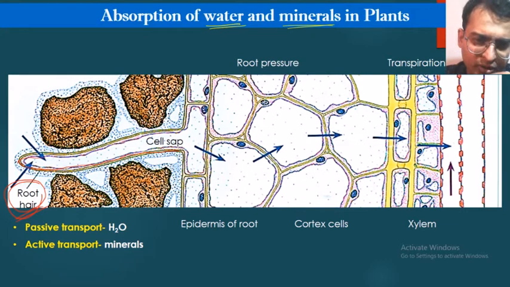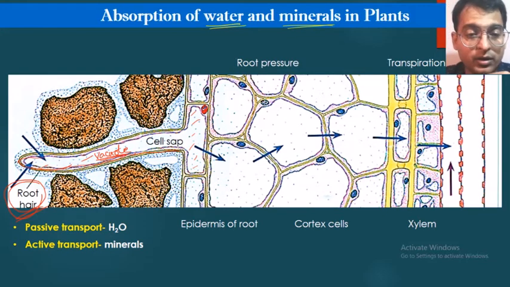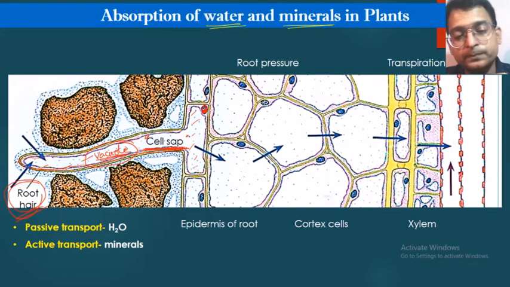You can see the structure of the cell. This is the nucleus, and most of this is covered by, what is this? This is all vacuole. So you must remember the difference between plant cell, animal cell. In the plant cell, most of the cell is occupied by the vacuole, and whatever is enclosed, the liquid, salts and all things are there inside the vacuole, it constitutes the cell sap. Okay, it is known as the cell sap.